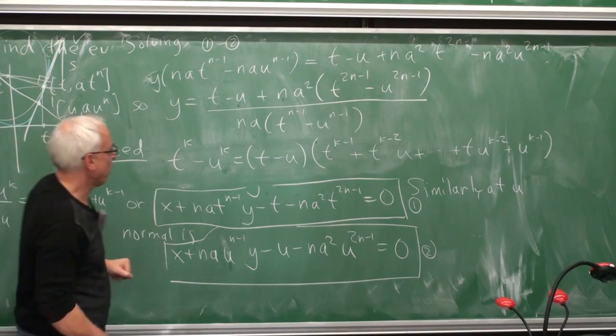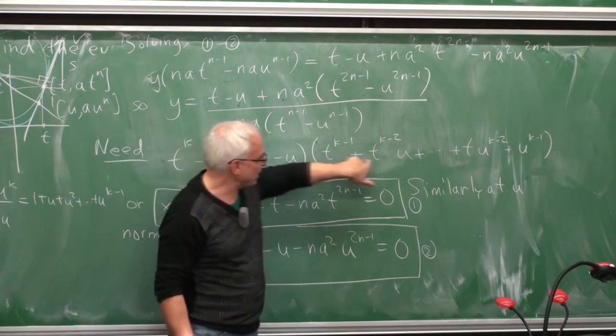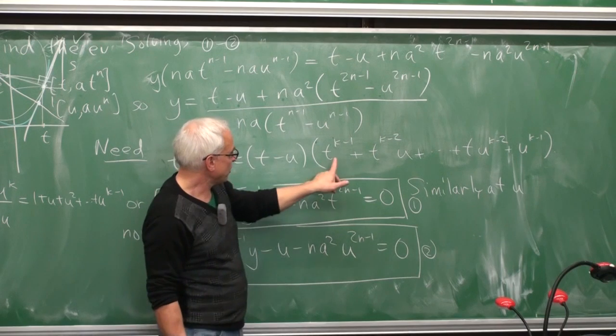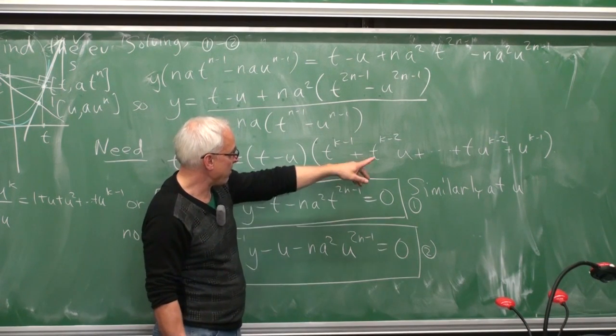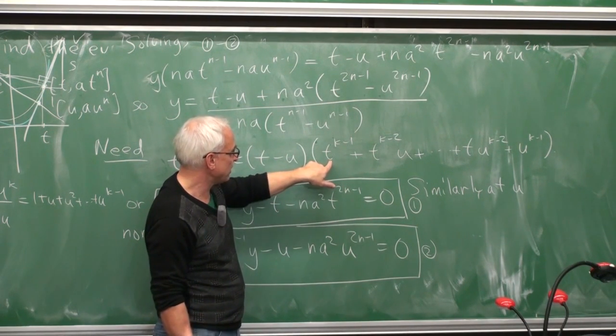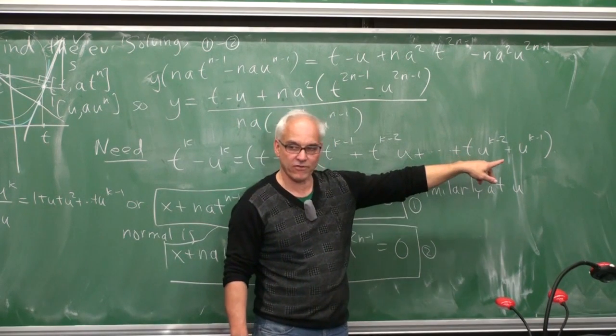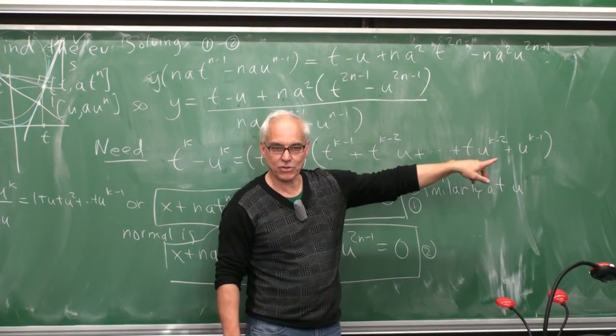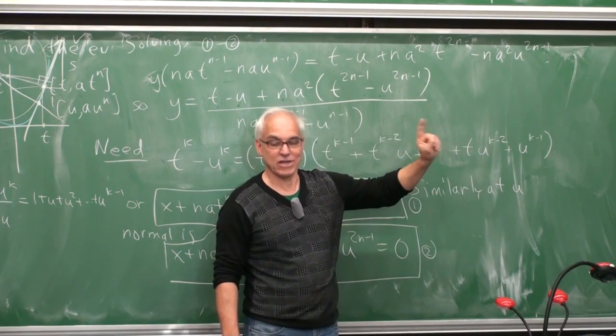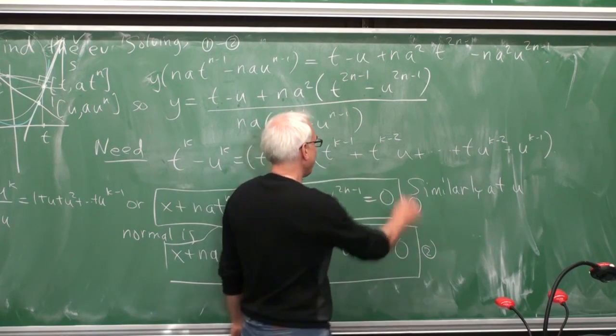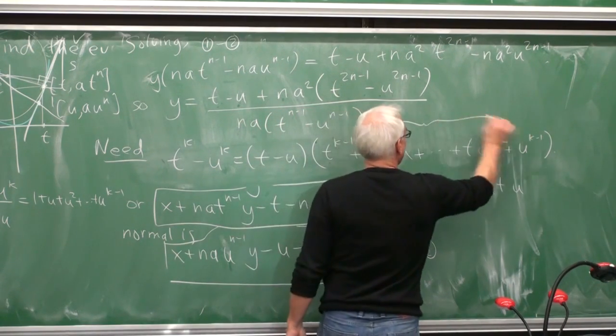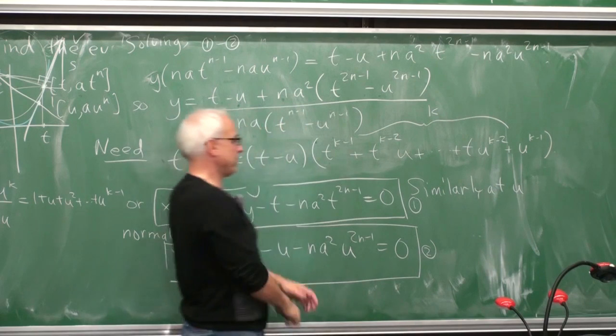Okay, so that's good. So one more thing to remark here. How many terms are there here? If we're thinking about powers of u, we're going from u to the 0 all the way up to u to the k minus 1. So there are altogether k terms. That's going to be important for us in a second. All right, do we buy that?